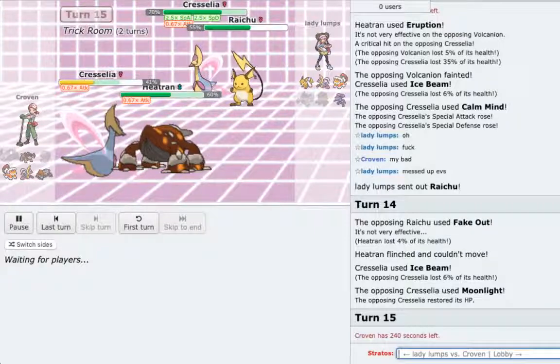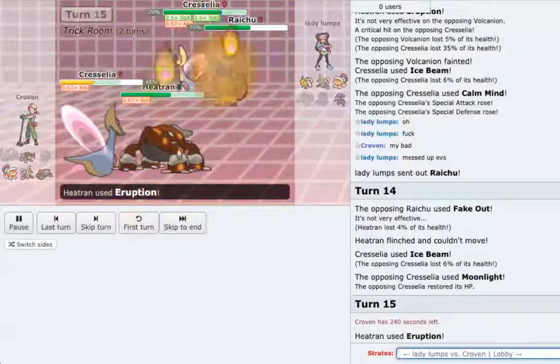With 2 more turns of Trick Room, Croven should be able to basically eliminate the rest of Stax's team. We know this Raichu can't protect. The Lando and Gene probably also cannot protect. So after eliminating the rest of Stax's team, it's going to be a 1v3, 1v4-ish situation on the Cresselia. And we're going to have to see, yet again, if CM Crest can pull off a surprise endgame. My gut tells me no, but